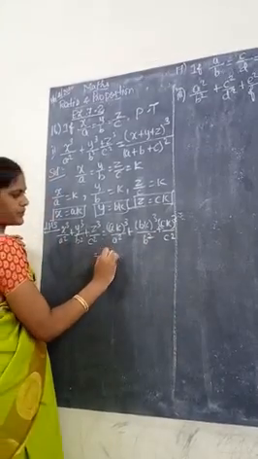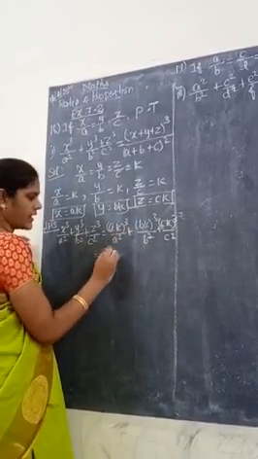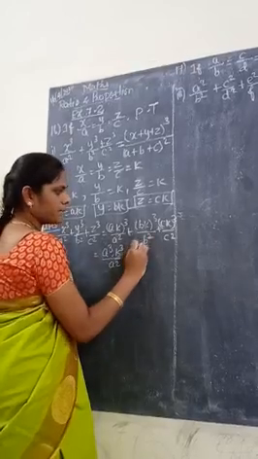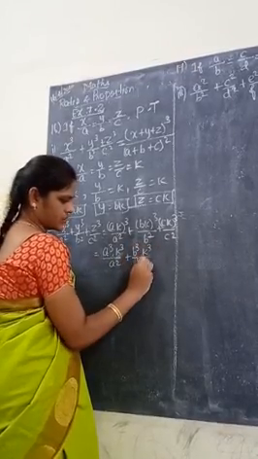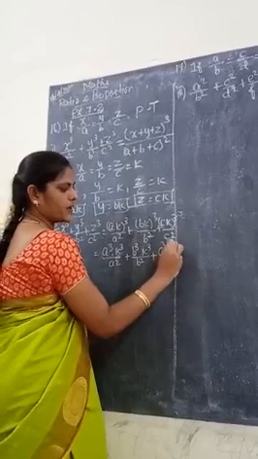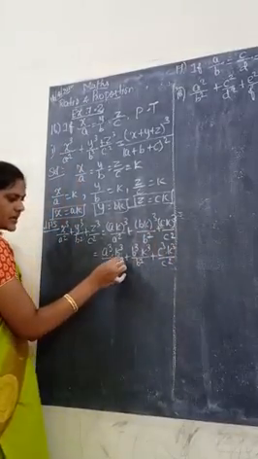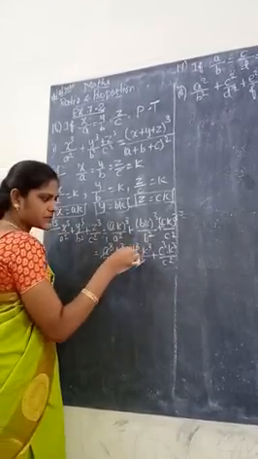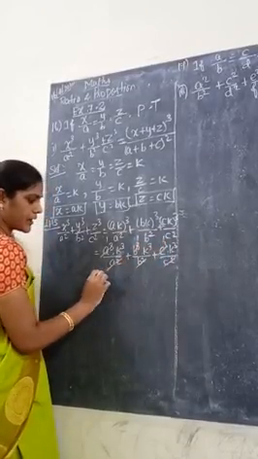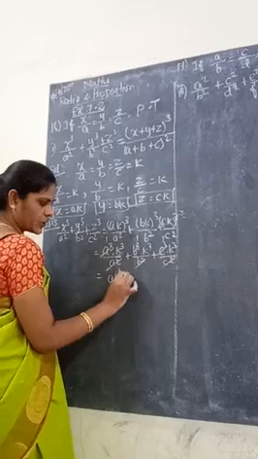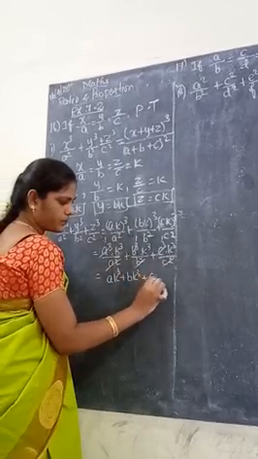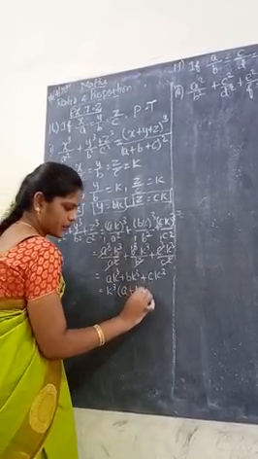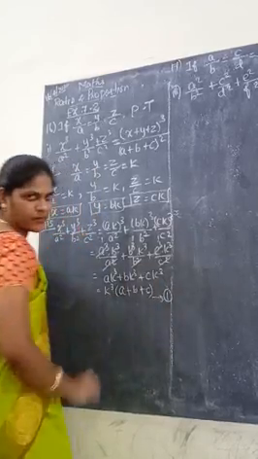Next split the term. This cube is common for a and k. So a cube into k cube by a square plus b cube into k cube by b square plus c cube into k cube by c square. Next, a square, here we have a cube. Everything cancels, remaining 1. Two times cancel, remaining 1. Two times cancel, remaining 1. So a into k cube plus b into k cube plus c into k cube. In this, take k cube as common, remaining a plus b plus c. Take this as equation number 1.